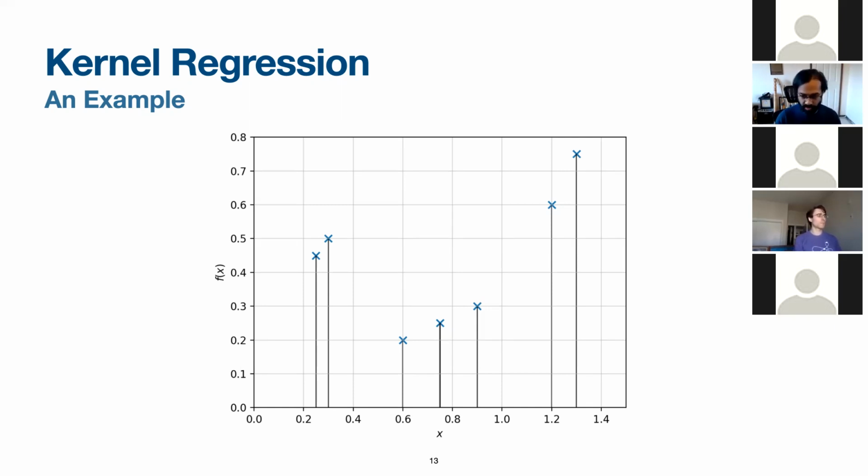So how does kernel regression work? Let's look at an example in this one-dimensional space. Here, the x-axis represents the space of actions that we can choose from, and the y-axis shows us the values of these actions. Let us say we have this set of observed actions and their rewards. And let's say our goal is to estimate the value of the action at x equals 1.